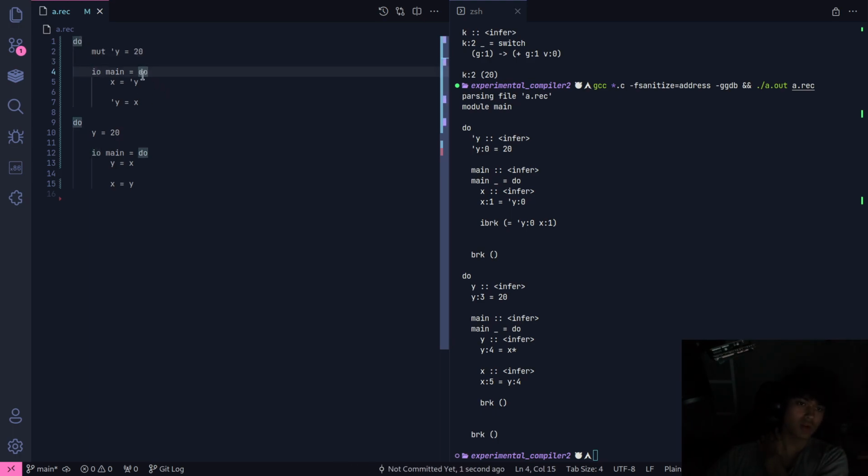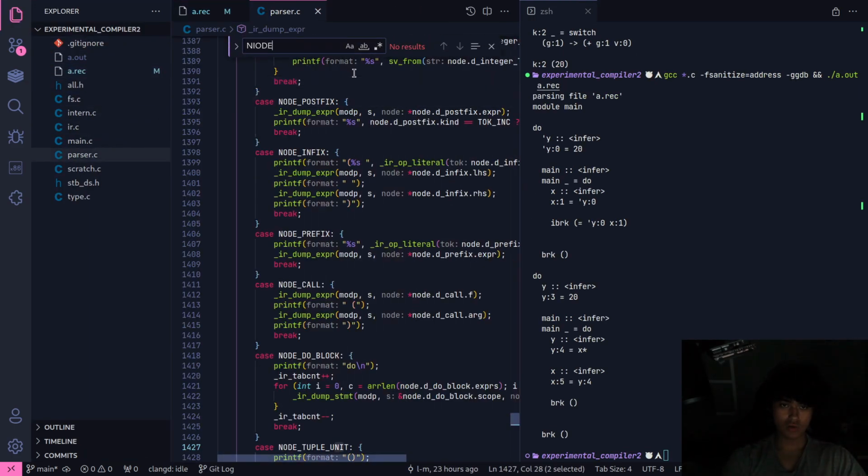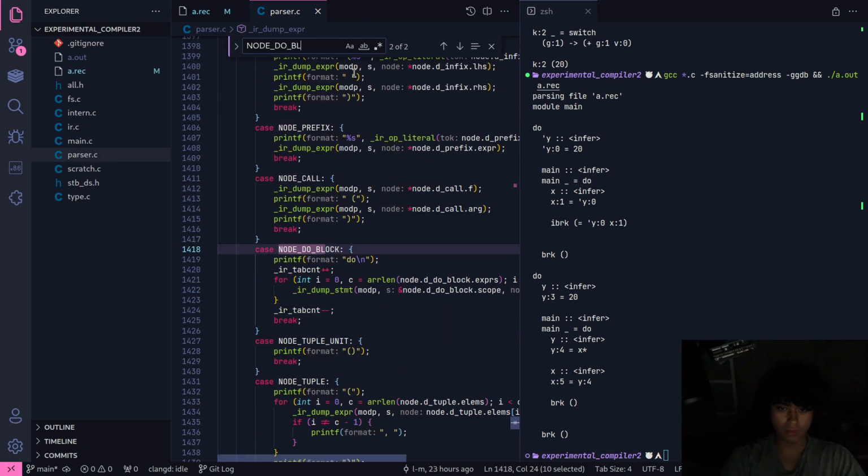And it opens up a new do. It'll go to the next token after the do. This is on column 2, because there are 2 tab characters. It'll move on to the next token after the line. There are two tab characters here, which means it's on column 2. But then it'll go to the next one, and it can't consume any more statements because it's not on the right column of 2, and this can't consume any more statements because it's not on the right column of 1. So it breaks out of it. This is how these do blocks work, and I'll quickly show you how they work. Node do block.